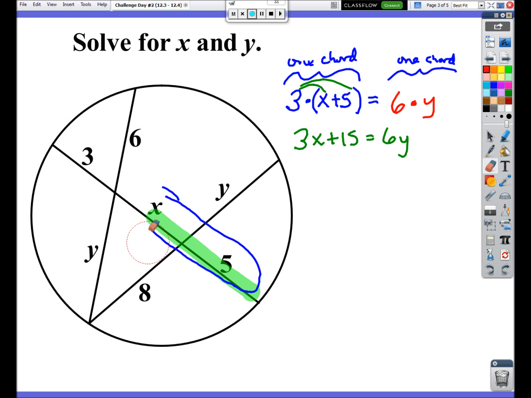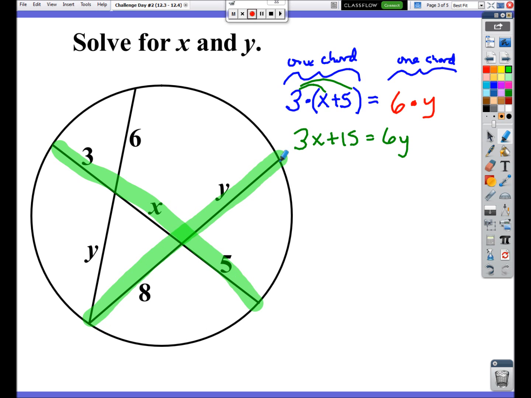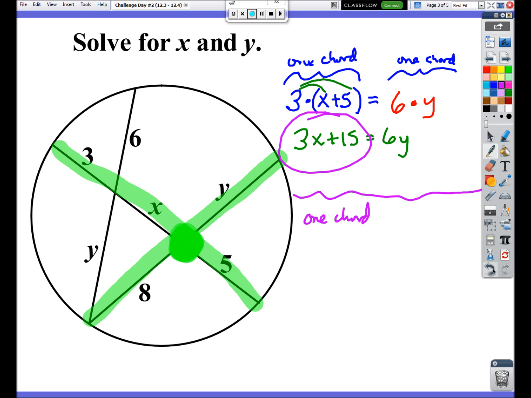So let's backtrack, at least in our picture here. We just did those 2 chords, but what if we had used this chord with this other chord? And then we get a similar looking problem. They both intersect paths here. And so let's set up the same type of problem. So let's look at one chord. And you might go, hey, can't we just take this same 3x plus 15? Not exactly, because now notice the x isn't with the 5, it's with the 3 on this side of the